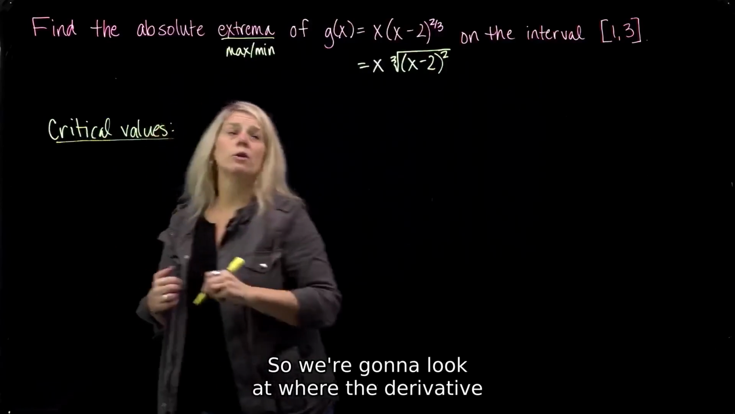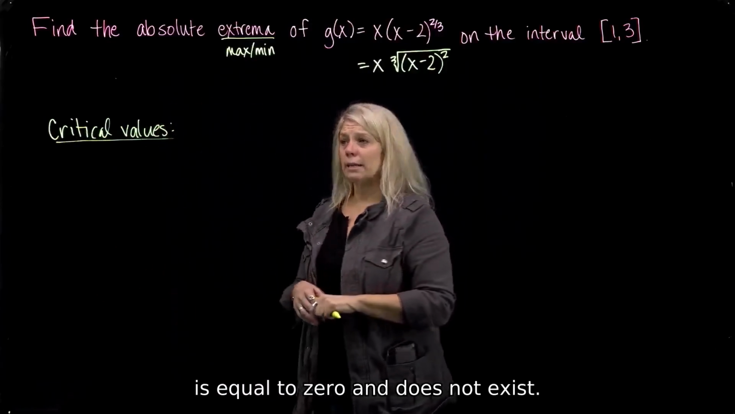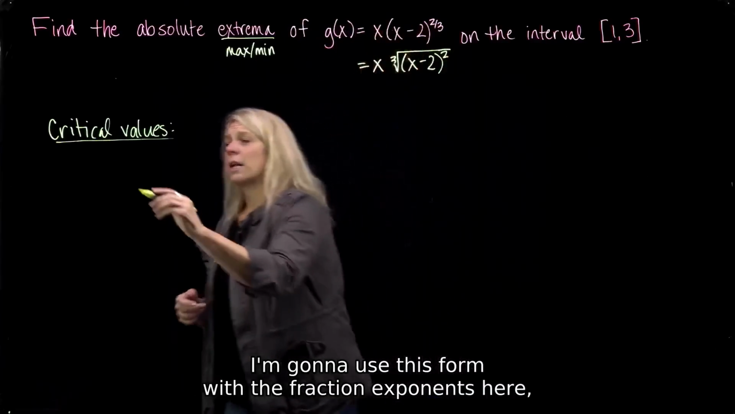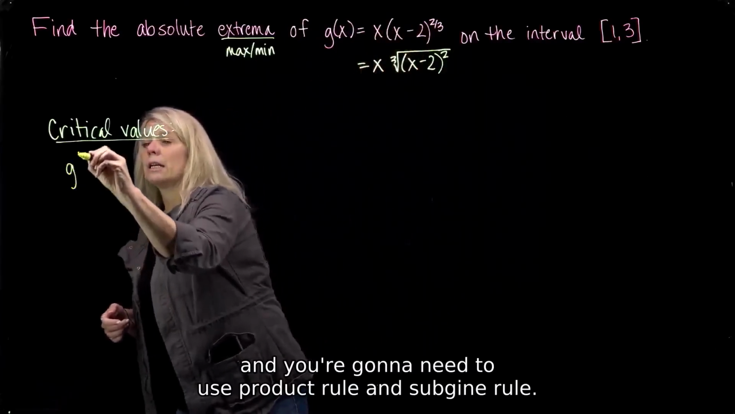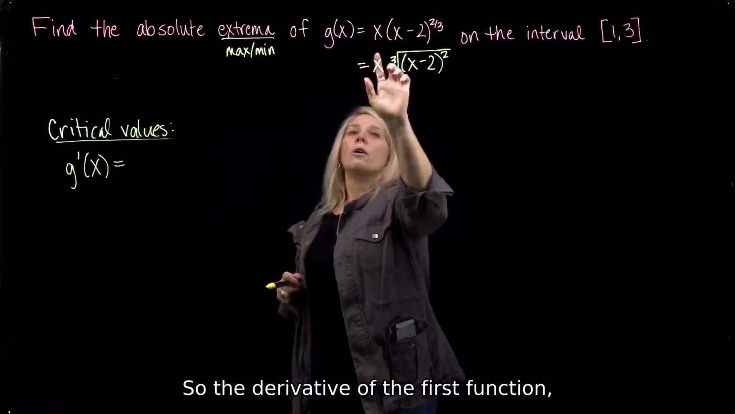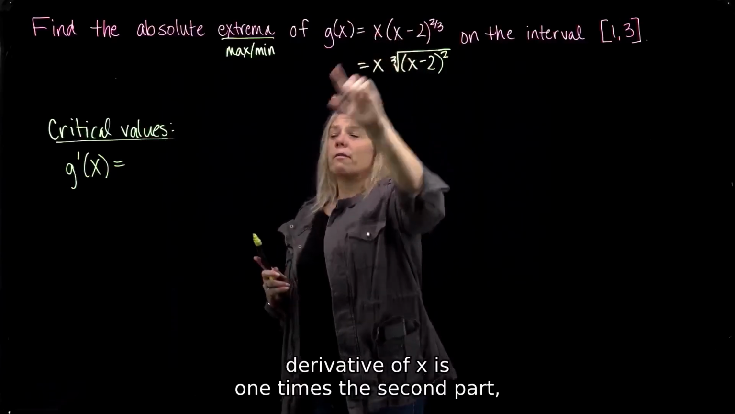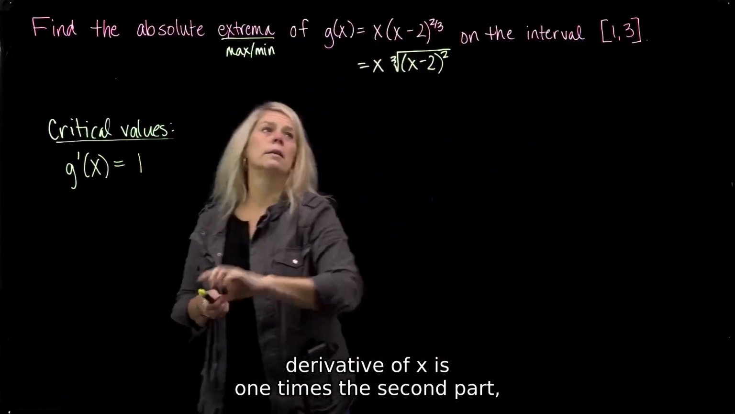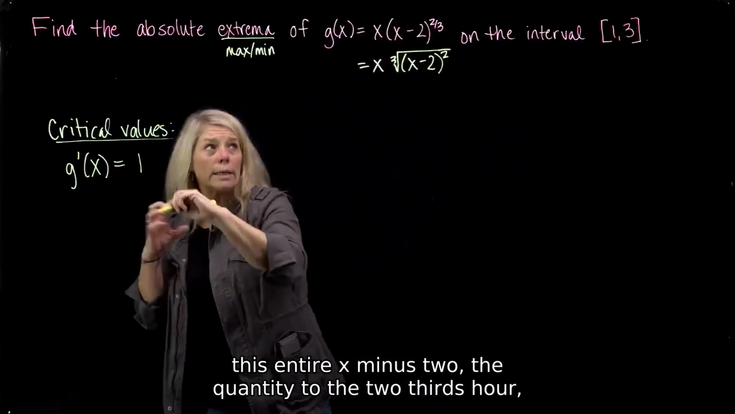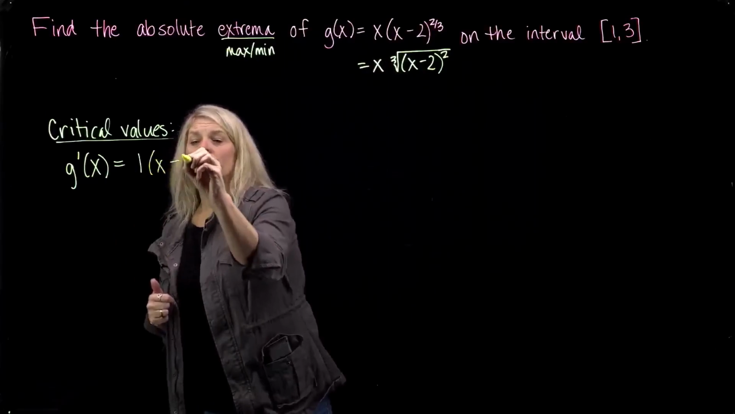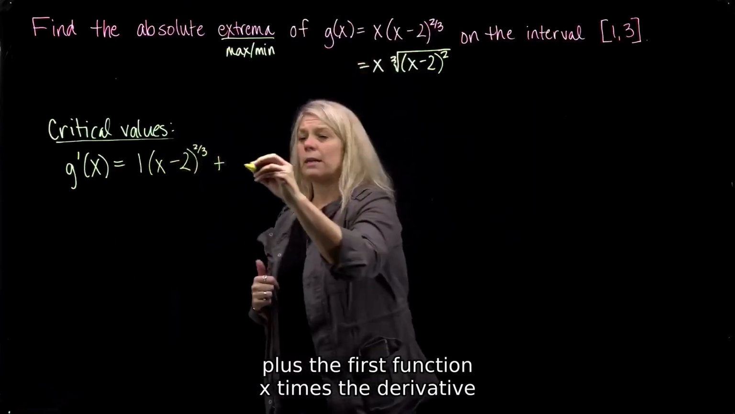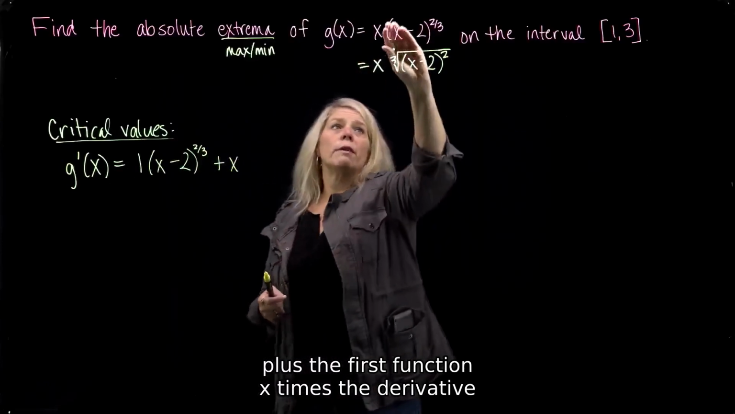So we're going to look at where the derivative is equal to 0 and does not exist. So first of all, we need to take the derivative. I'm going to use this form with the fraction exponents here. And you're going to need to use product rule and some chain rule. So the derivative of the first function, derivative of x, is 1 times the second part, this entire x minus 2, the quantity to the 2/3 power,